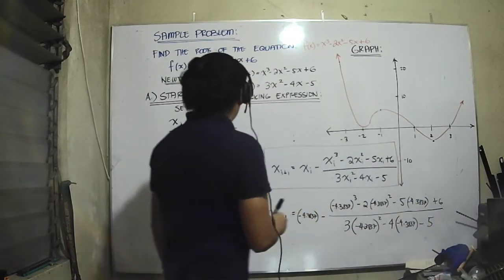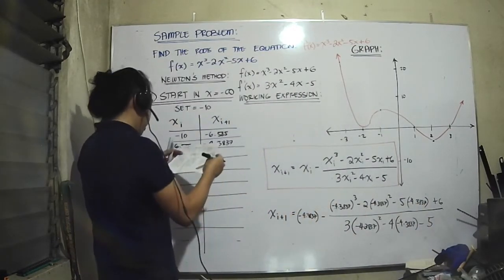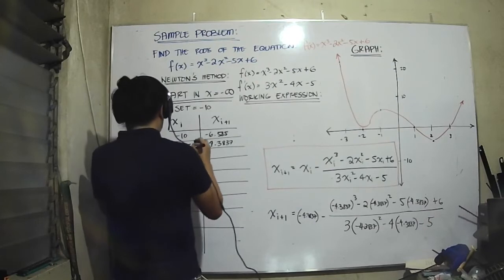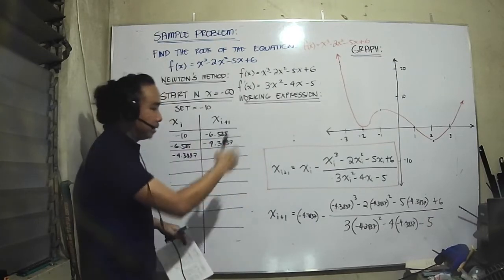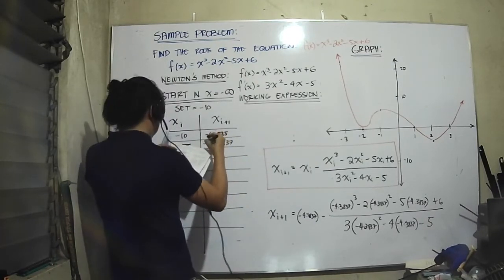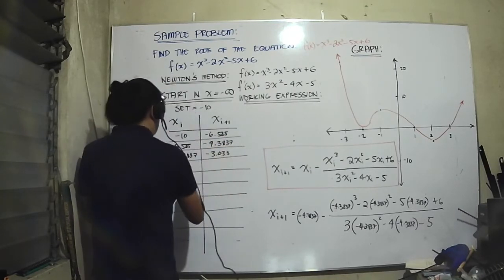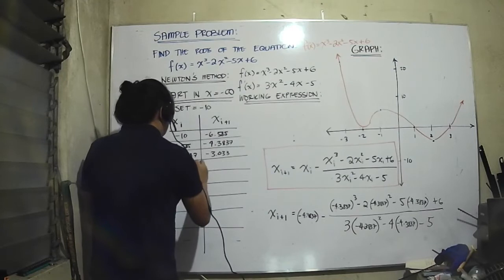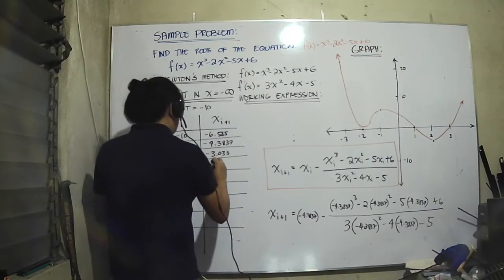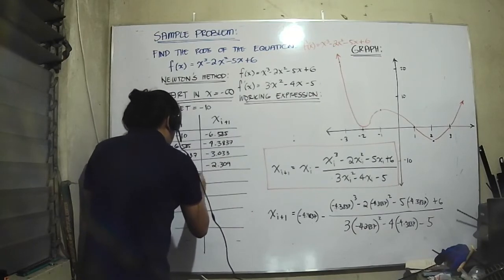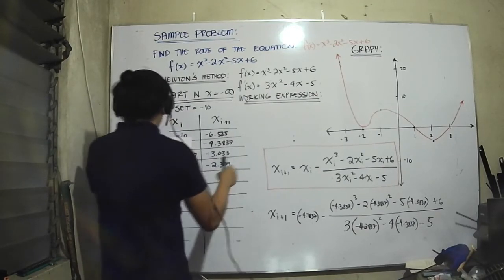4.3837. Plug in again. Kapoy kaayo. 4.3837. If I repeat the process, I will eventually reach 0.033. Then that becomes 309, 309 into